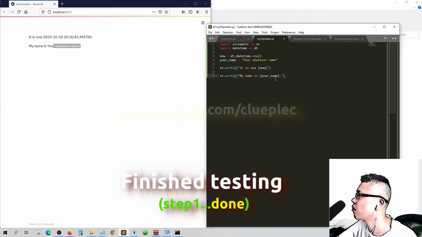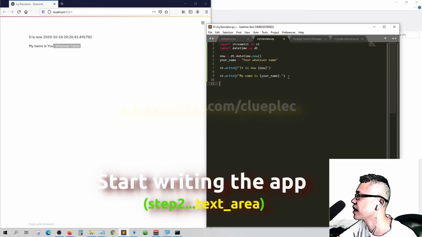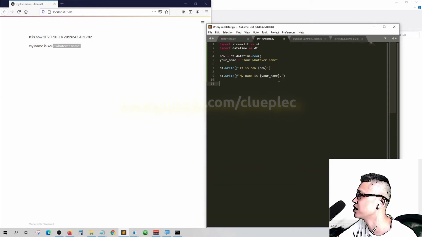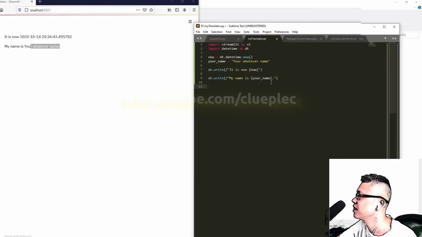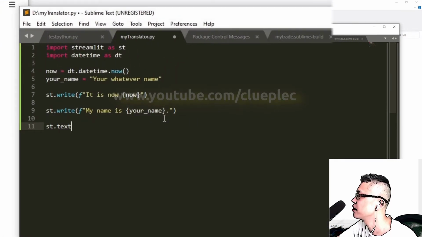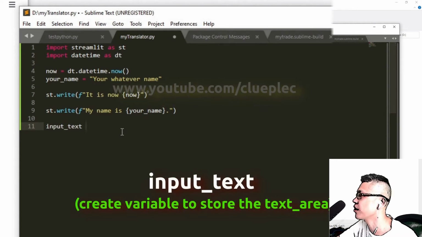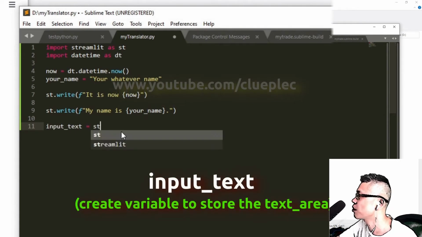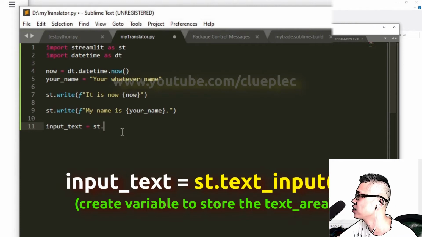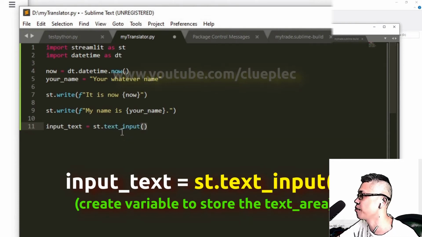Alright, now we can add a text area to input text for translation. Just call it input text, and you can name it anything you want, equals to Streamlit, which is abbreviated as st, dot text input. Remember to use the method in brackets.